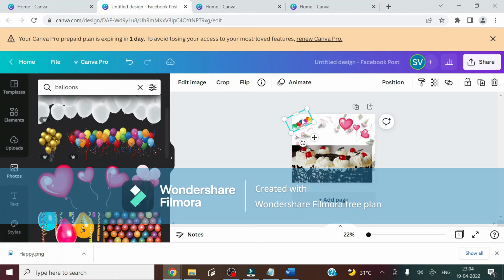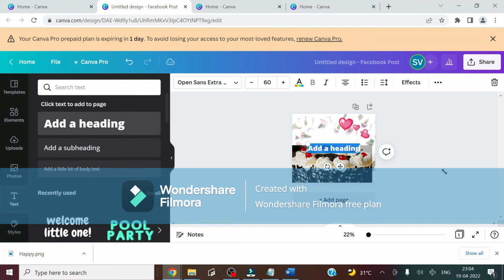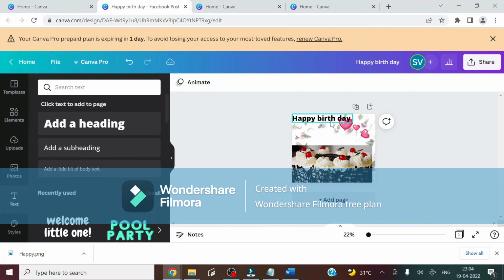one we can take off because we need space to add text. So we'll go to the left and add text. It has come here. So we will say happy birthday. Just reduce the size. We will align it to the left, right? So we will get some space. Yeah, so happy birthday,